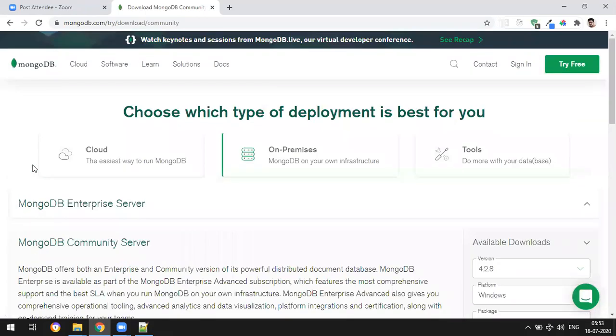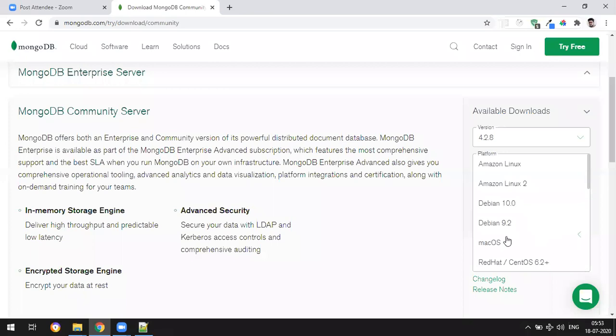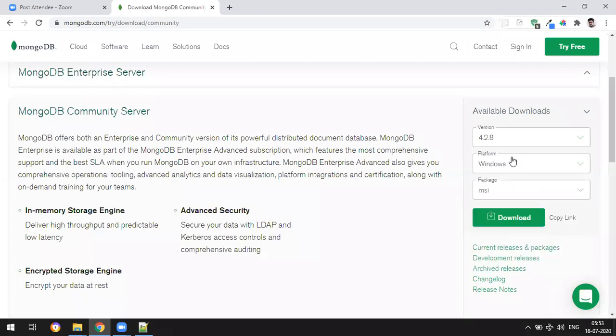Here on the right side, under available downloads, you have a version. Don't select automatically, select the current version. Select the platform, whether Windows, Mac or Linux. For me, the default is Windows. For package, select the MSI file, the direct Microsoft installer. Based on operating system, this will change automatically.